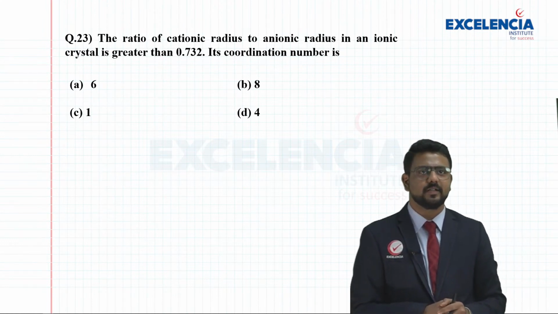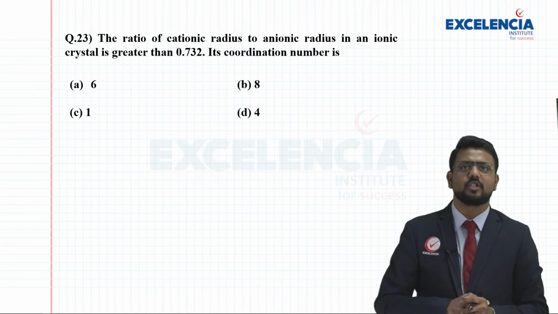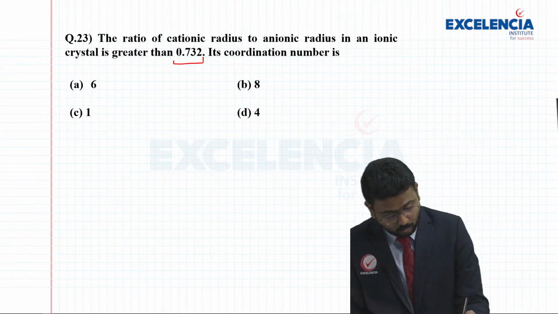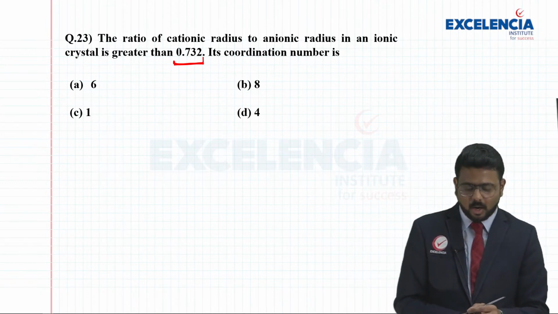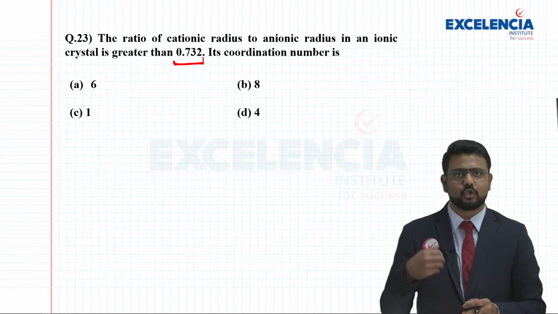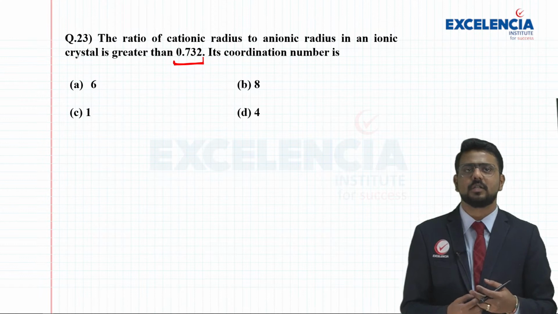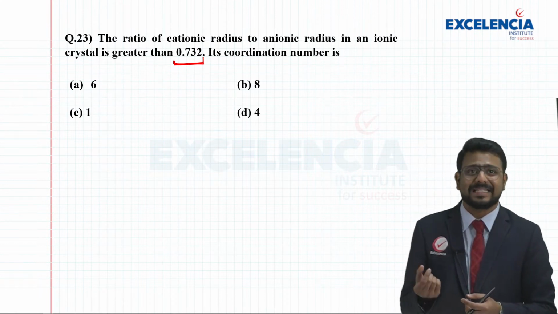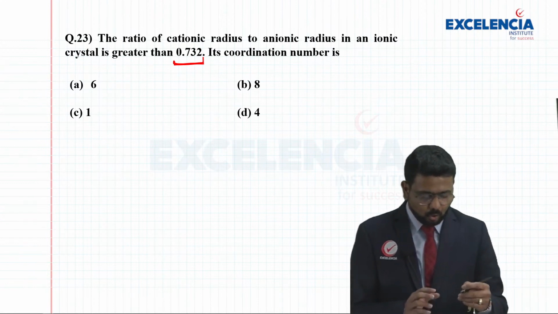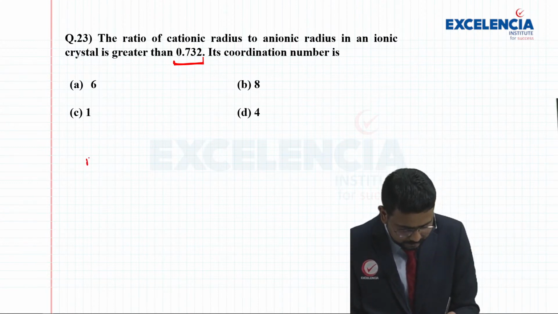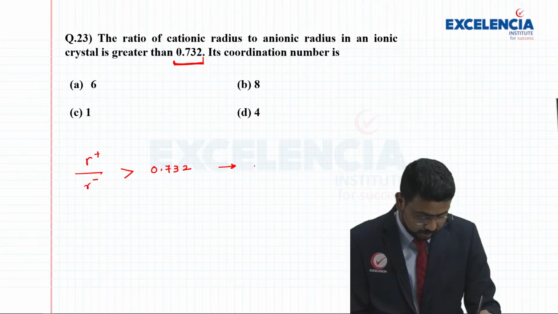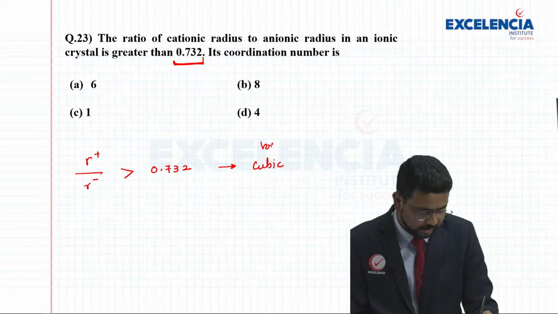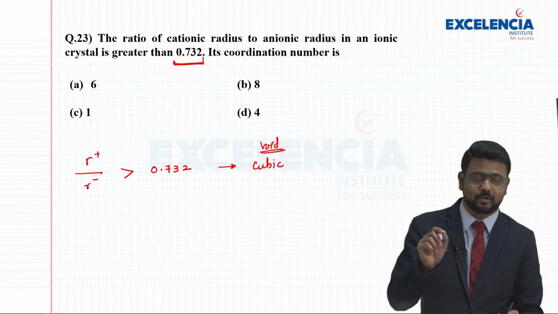the ratio of cationic radius to anionic radius in an ionic crystal is greater than 0.732. So its coordination number is, okay. Now this question is based on the radius ratio rule, and we know for different ionic crystals the cations can occupy certain specific voids, isn't it? So in one such relation here, if the radius ratio, that is R+ over R-, is greater than 0.732, then the type of void is going to be cubic,